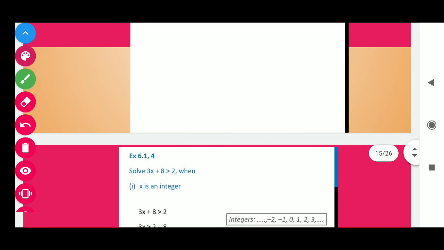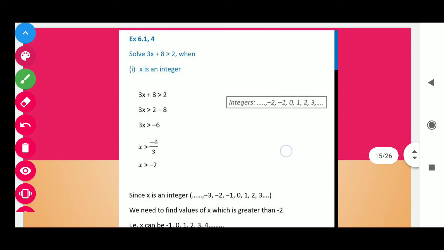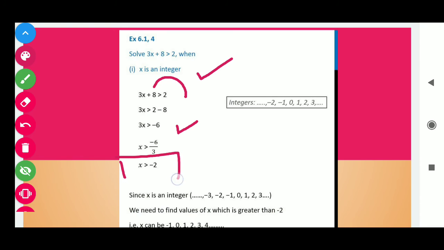Now move to the next question, 6.1, question number 4. Solve 3x plus 8 greater than 2 when x is an integer. Students, firstly, we have to solve this inequality. 8 moves to the right hand side, we get 3x greater than -6, and on simplification we get x greater than -2. सो स्टूडेंट्स हमें इंटीजर्स बताने हैं जो माइनस टू से ग्रेटर हैं. In this way our answer is